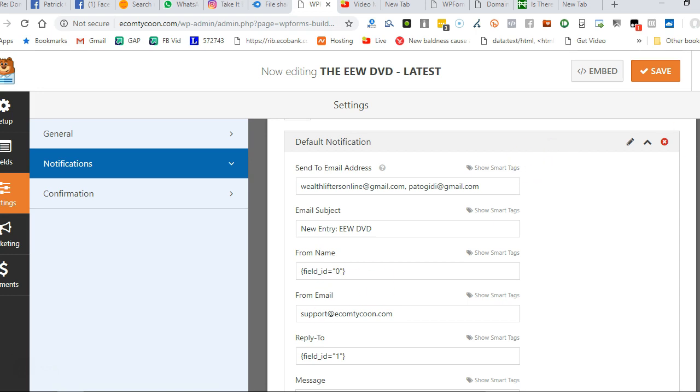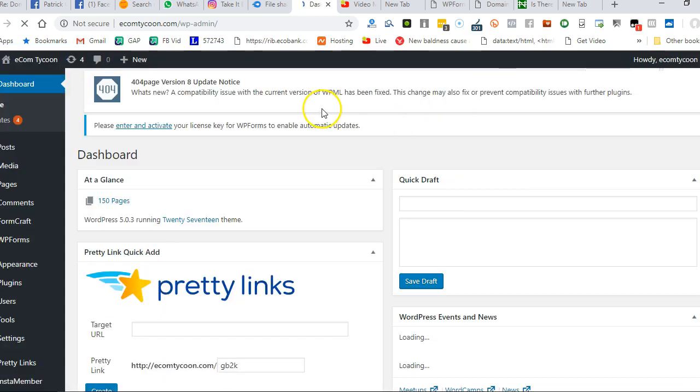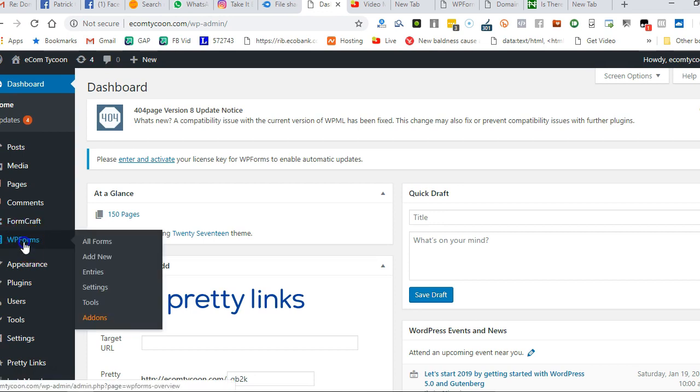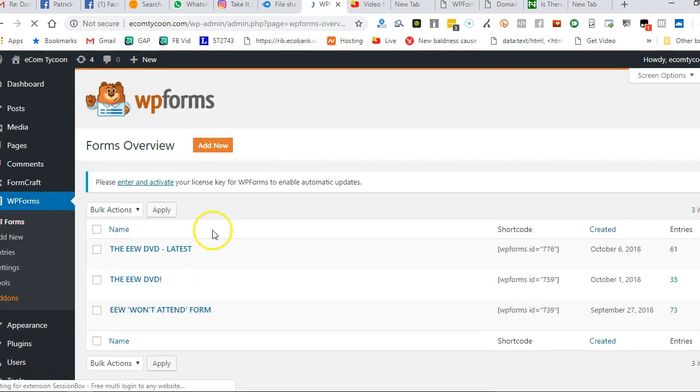But when you're done with this and you've saved it, try filling the form again. If you still can't get it, then all you need to do is to turn off the email notification thing and always log into your dashboard to get the orders. And how do you do that? You log in to your WordPress dashboard, click on WP Forms, and then